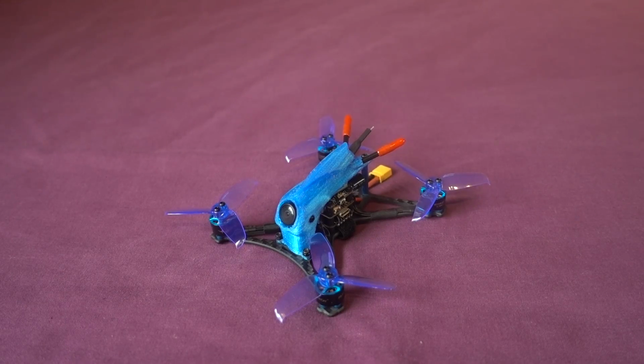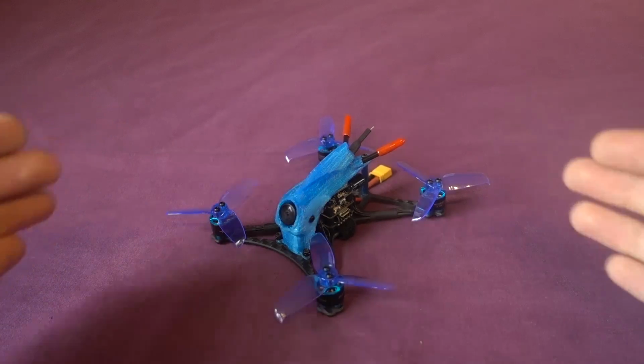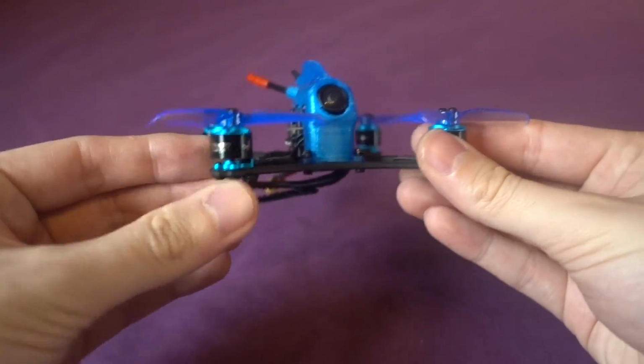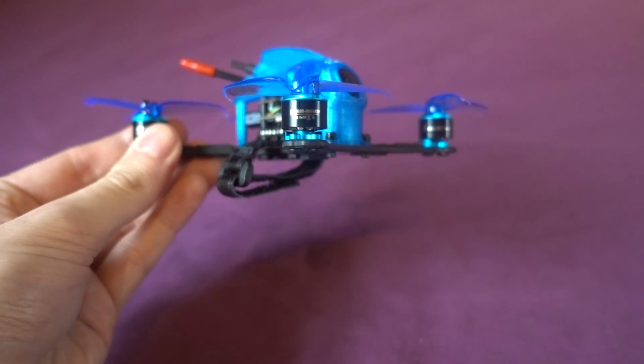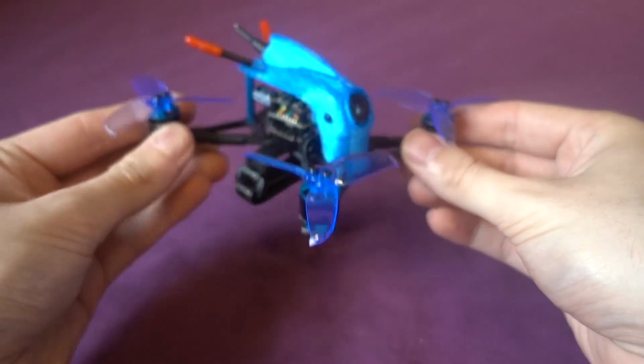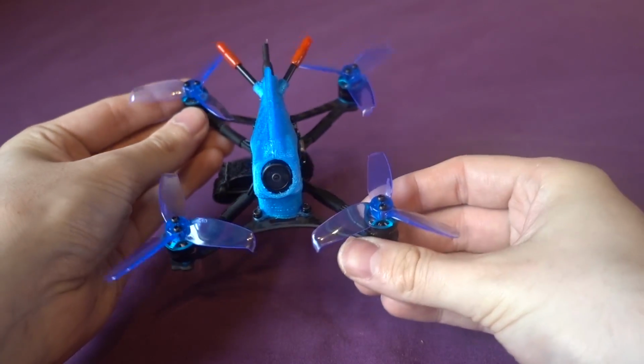Today I'm checking out the HGLRC Parrot120 Pro. They do a non-pro version of this model, but the only difference between the two is the motors, making the non-pro version a 2S model and the pro version a 3S model. They have decided to add the word toothpick to the end of it, but for me this is a 2.5